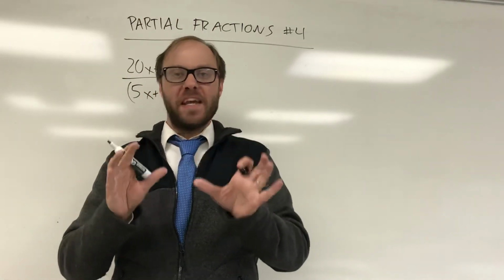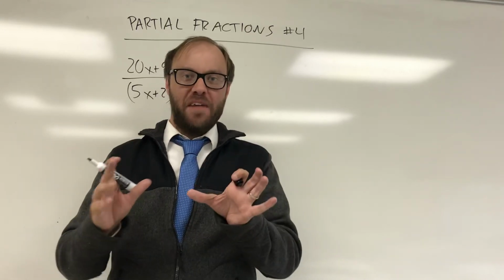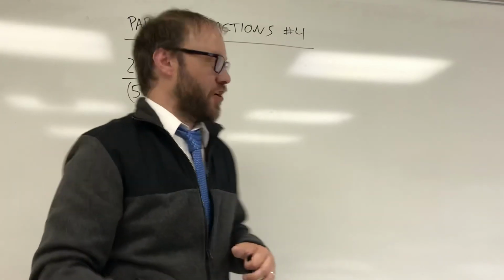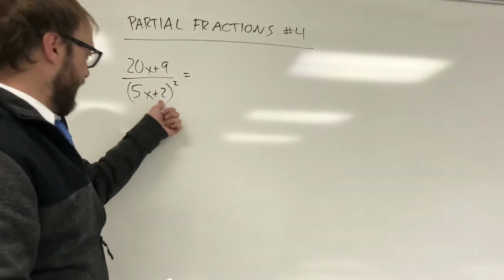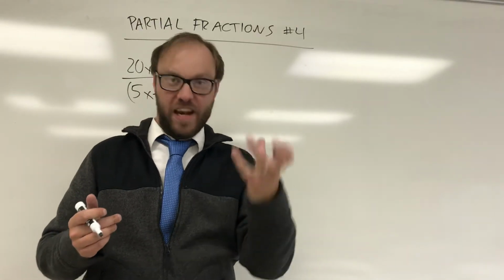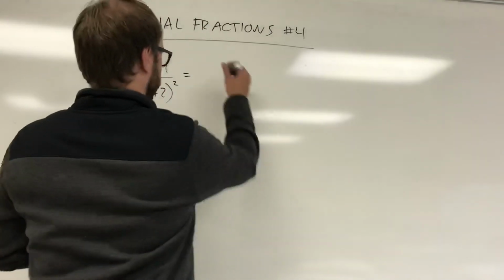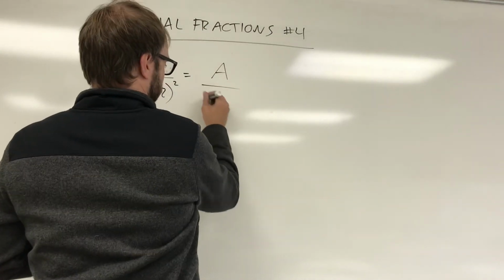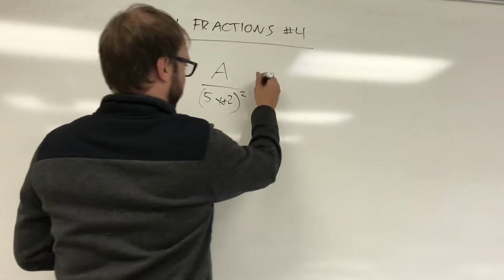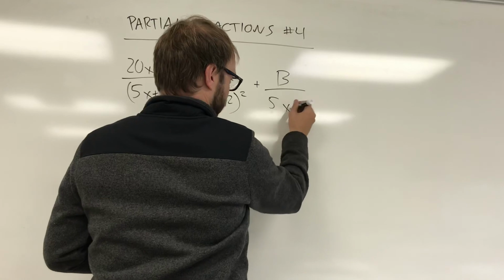Because you have repeated linear terms in the denominator, remember that you have to have every single possible power of a repeated term, okay? Now, this is linear. We just have an x variable there, which means you're just gonna have a constant in the numerator. So, let me see what I did in my notes here. I did A over (5x plus 2) squared, and then I did B over just 5x plus 2 to the